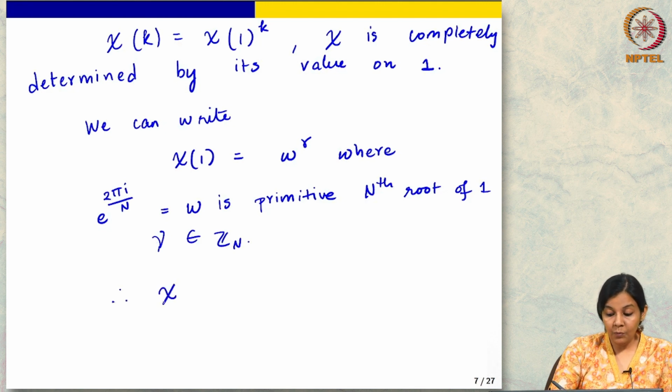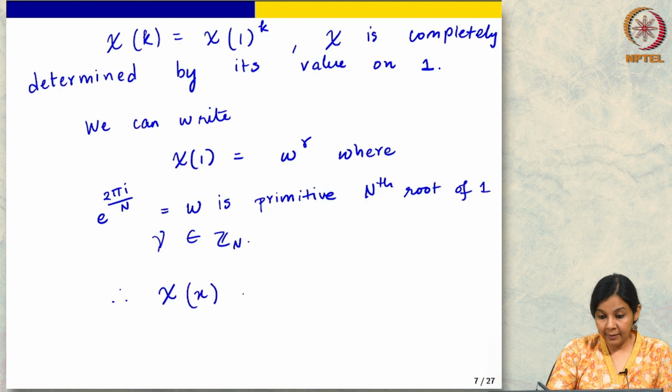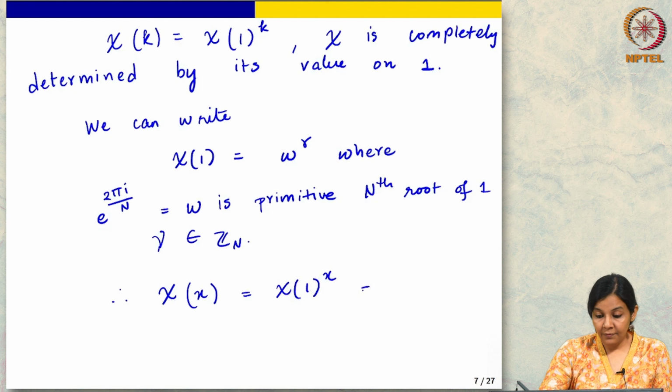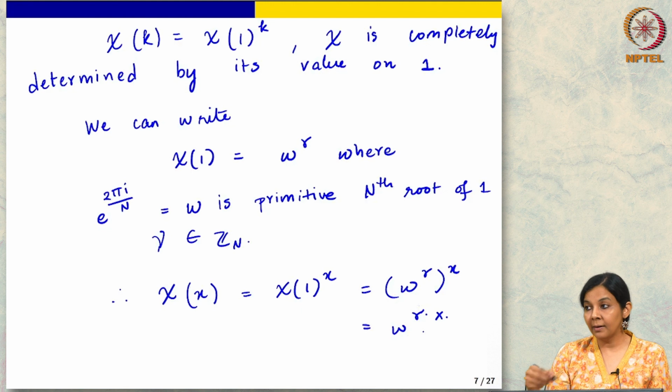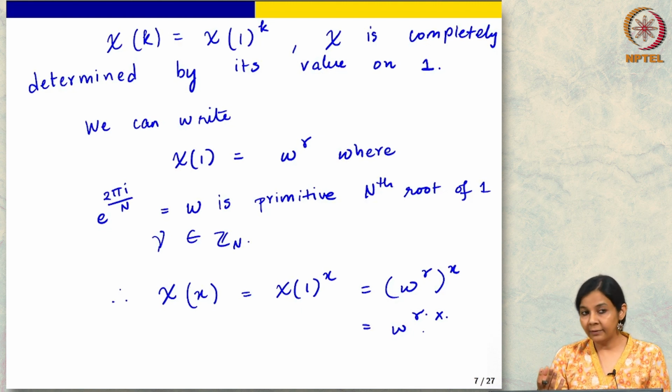So therefore, now what do I get? I get that chi of x, which is chi of 1 to the x, which is omega to the gamma to the x, is equal to omega to the gamma x. And now note that here these are integers in Zn, right. So this is no longer an inner product, this is just integer multiplication. Is it all clear so far, right. So it is exactly what we have seen before, but we are just generalizing the space now, and we are getting some very natural properties.